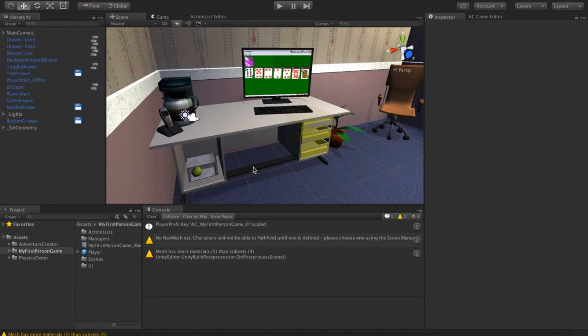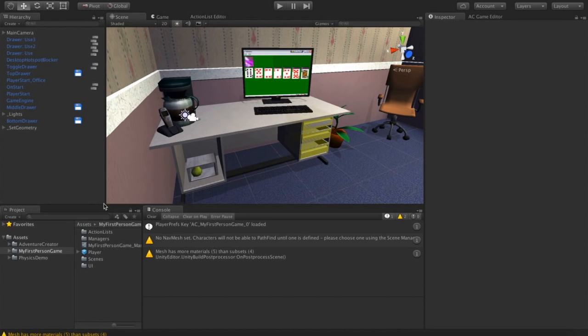Now let's go and make something that has more of a physicality to it. We're going to make a pickup object. We're going to make something that we can pick up from the table. And when I say pick up, I don't mean in the sense of placing something in our inventory. I mean that we're going to have something that we can physically pick up with the mouse cursor, move around, throw, turn around, that sort of thing. And if you've played the physics demo, you'll know what we're going to be using. We're going to be using the rock that is on the table in the physics demo.